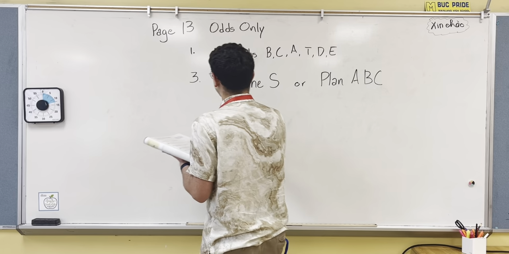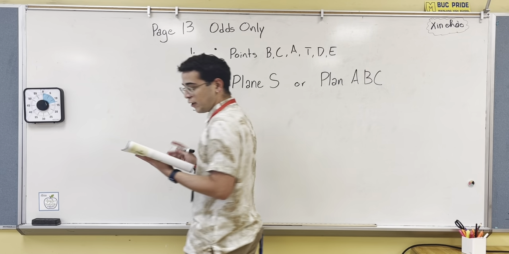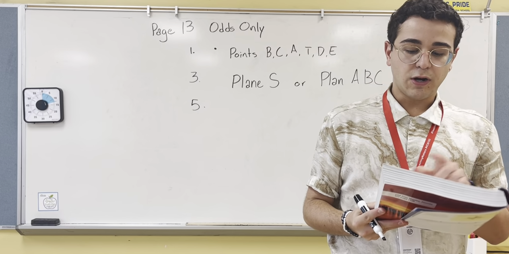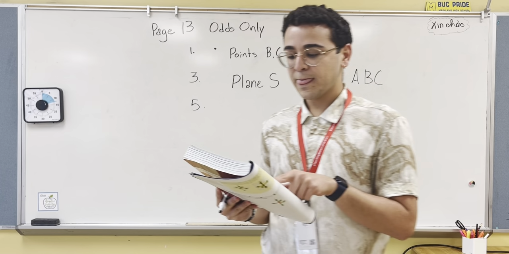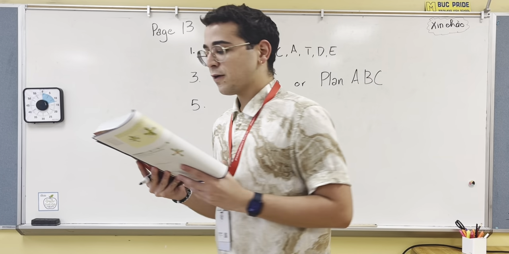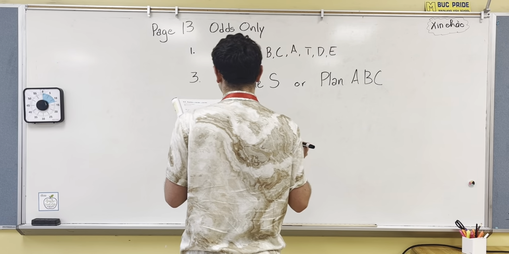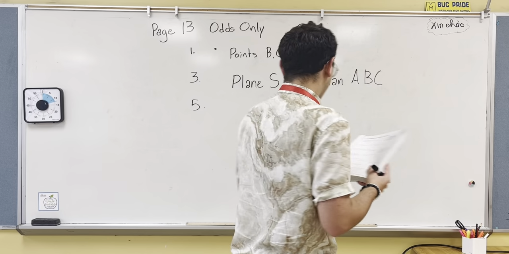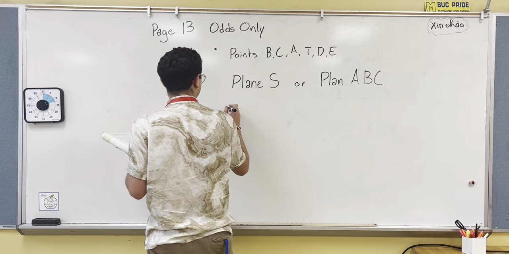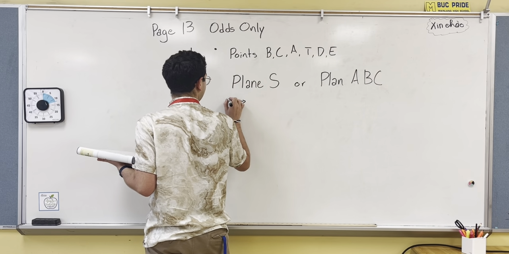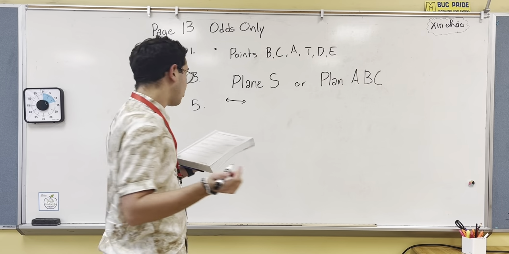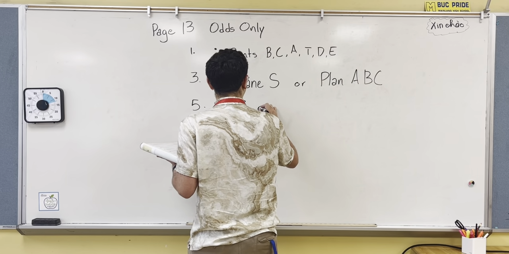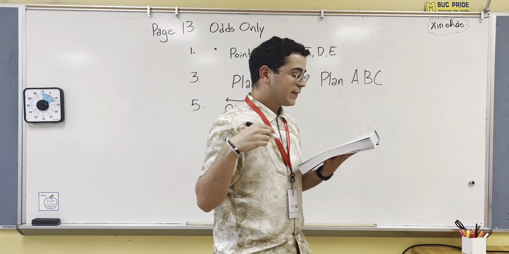Number 5. For number 5 and number 7, we're going to look at a new diagram, so make sure we're all looking at the new diagram on the right. Give 2 other names for line WQ. Line WQ. We have 2 options. The first is to rewrite line WQ, only changing the order, so that's line QW, or we can label the